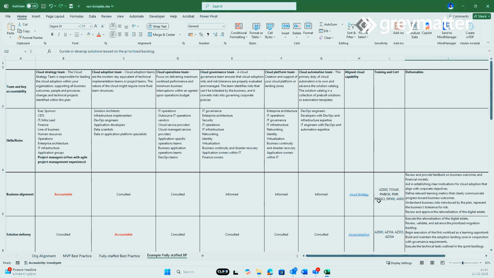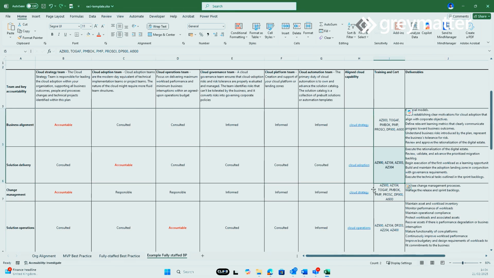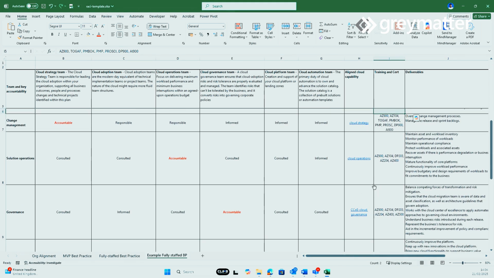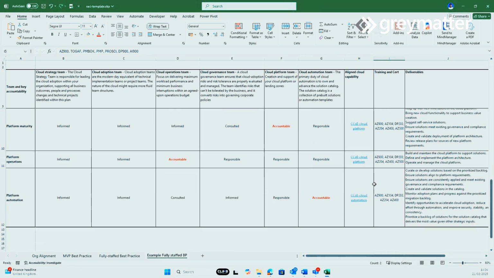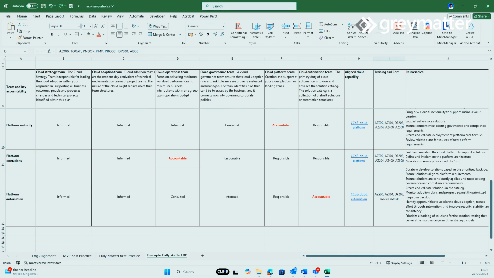And to ensure accountability, the organisation will need to enable their workforce. The column I in this sheet shows the skills, Microsoft certifications for example, ranging from maybe fundamentals exams like the AZ-900 for executives and sales staff, to advanced exams like the AZ-204 for solution architects or the AZ-400 for DevOps specialists. Now all of this is possible using a cloud solution provider or CSP, such as Grey Matter.